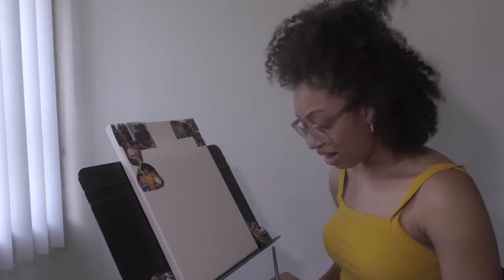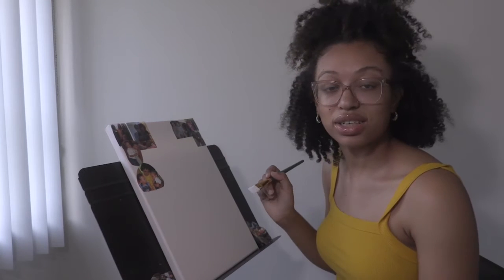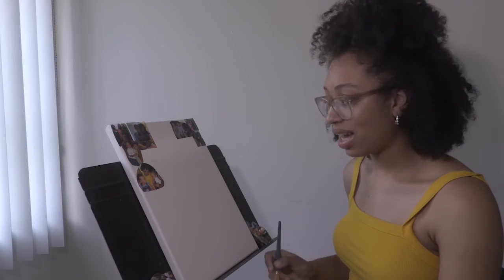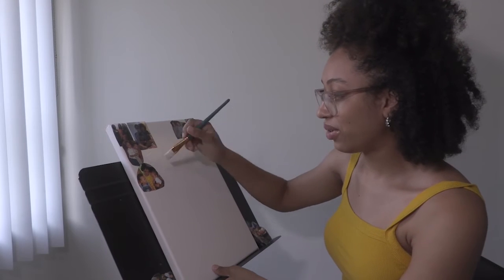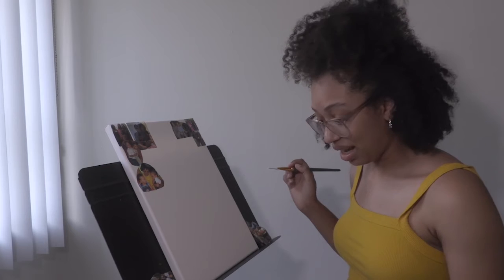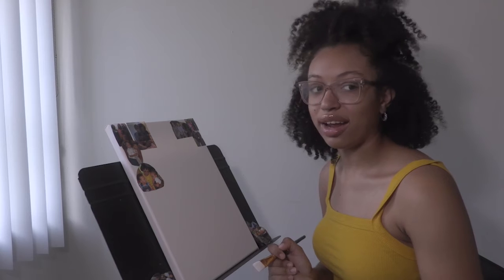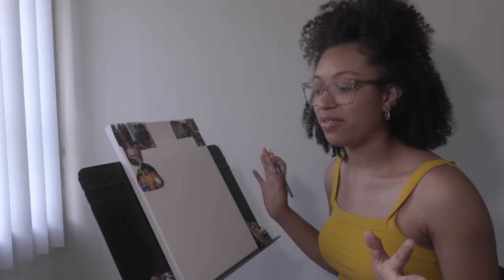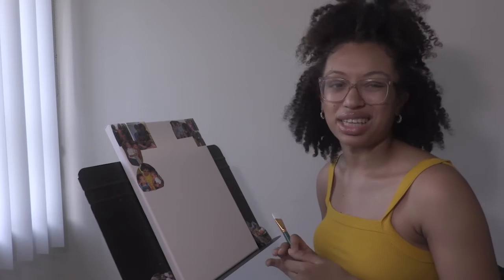I don't have drapes in my room, but that's because I accidentally got the wrong size last year, and drapes can be expensive from what I was looking at. But if you know that's a good investment for you, I would say get it. You just have to know who you are and what you're going to use, because I see people come freshman year, especially when I helped with moving last year, with all this stuff and I'm trying to make the room just glam, and it was just like